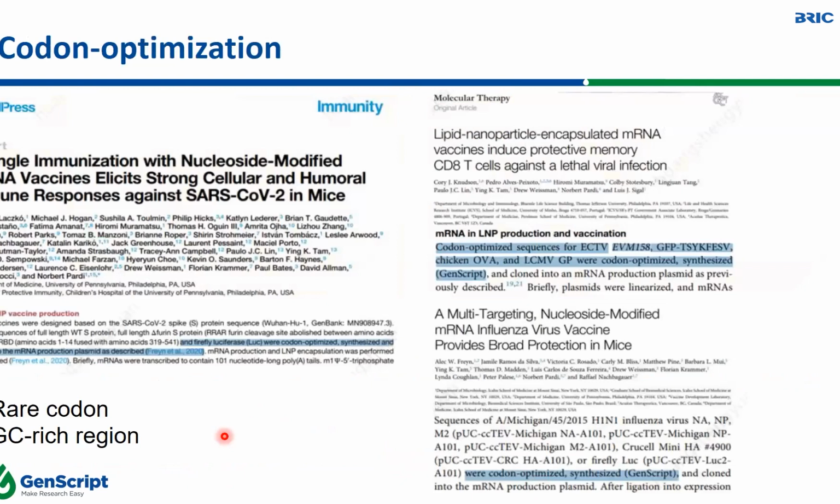So now I am going to talk about some of the features that can be modified during the mRNA synthesis. But first, I would like to discuss codon optimization. It's very critical for mRNA synthesis. And at GenScript, our research team established the codon optimization tool that allows researchers to optimize their sequence for